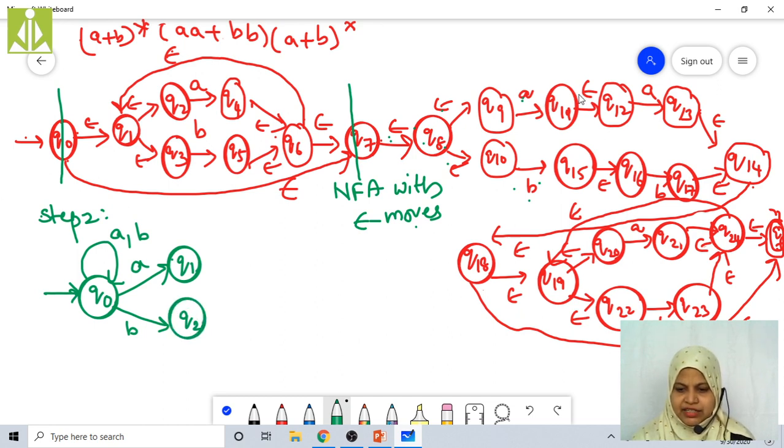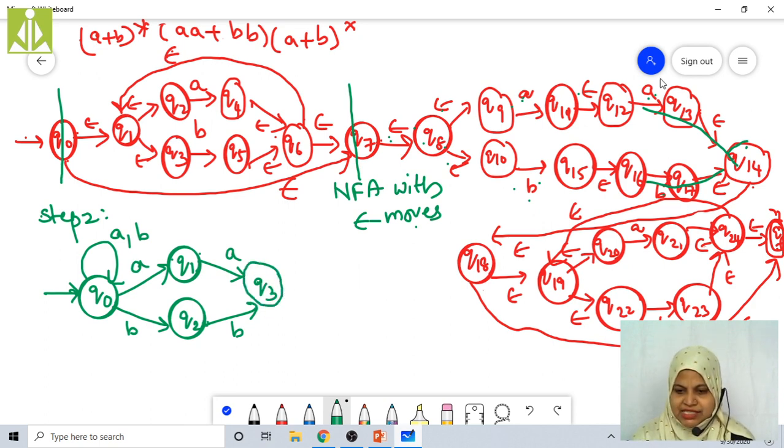See here, A, then epsilon. Then for this state, continuation is again A. So I am going to take this A. See here, again for this state continuation B. One more state is there, B. See here, for this A and B I am getting the same state. For this A and B I am reaching the same state. That's the reason here I am going to take Q3,